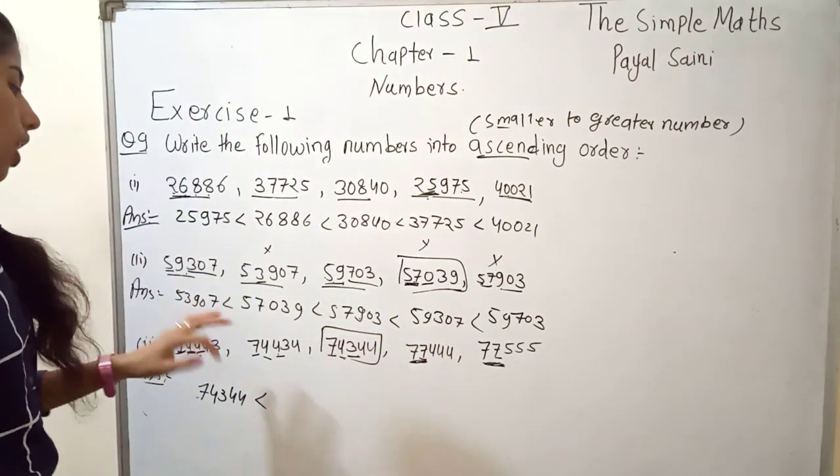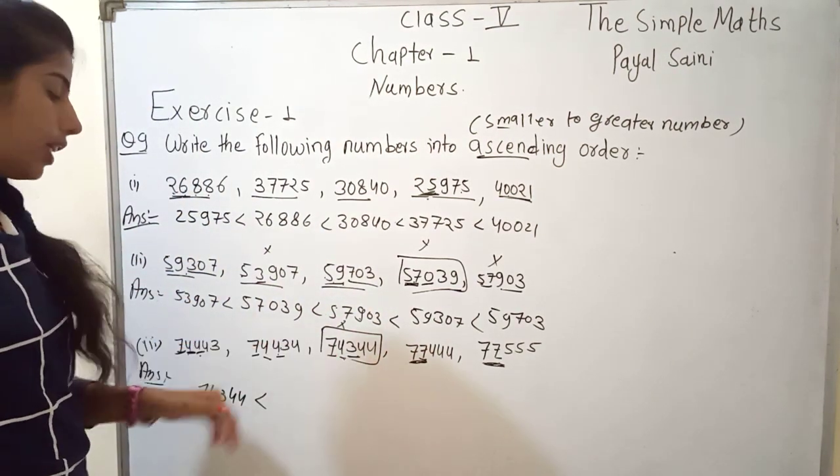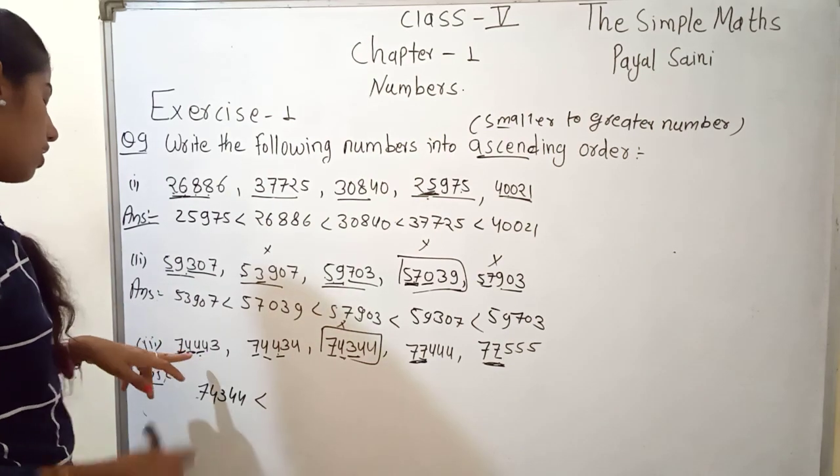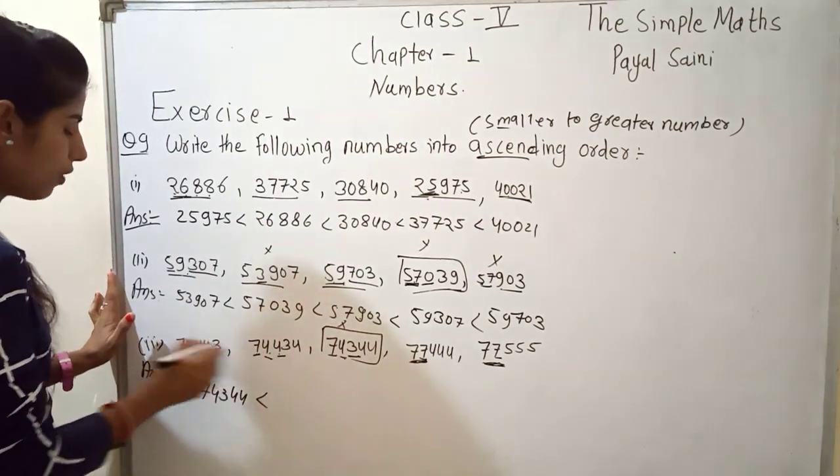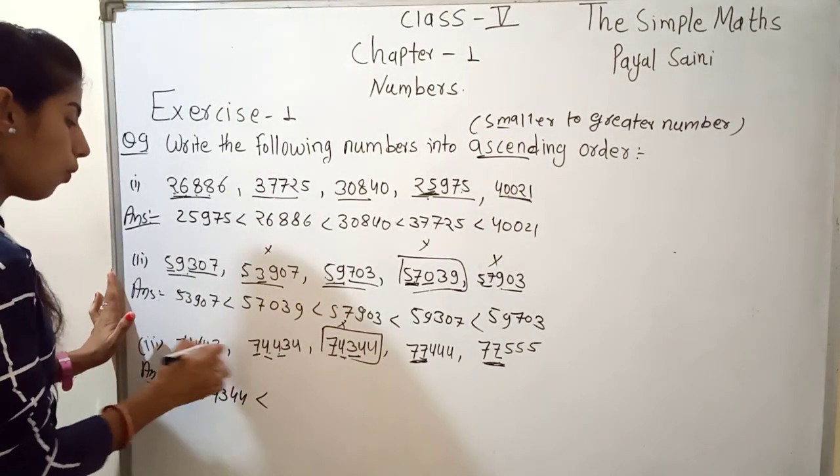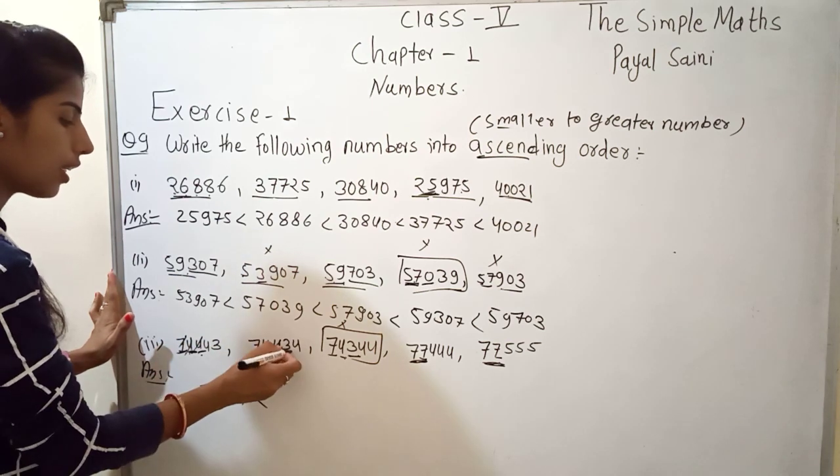After that, now it is cut. It means we already read and wrote it. Now next is here 7, 4, 7, 4. Both are cut. Next is 4, 4 cut. Here is 4 and here is 3.